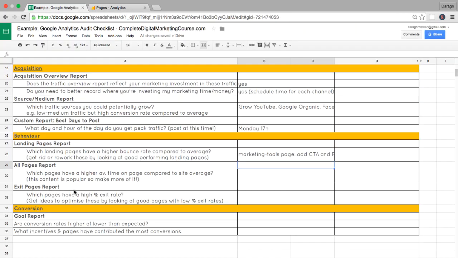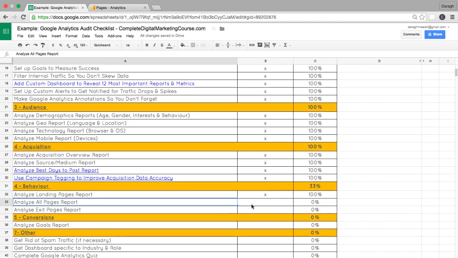So what you want to do is come back in here, which pages have a higher average time on site compared to the others. So I'm just going to say SEO checklist and Facebook marketing. Clearly people are enjoying that content, so I'm going to be making more of that or doing Q&As around it, whatever. All right, so that is the all pages report. I'm going to put an X next to that one. I've added in my insights,